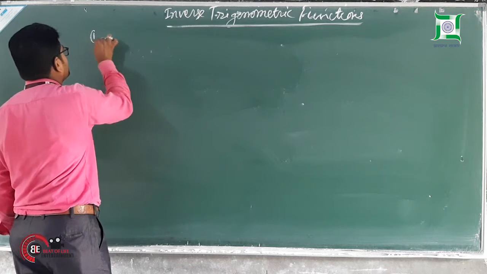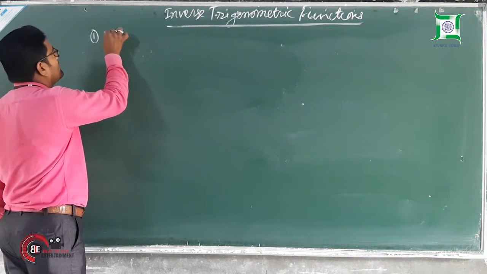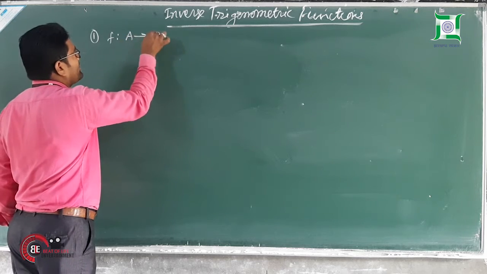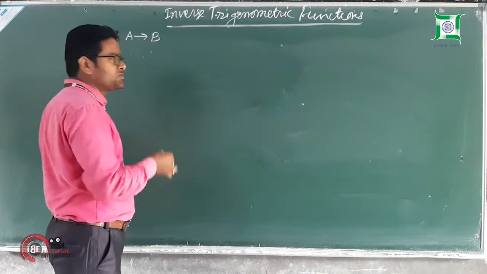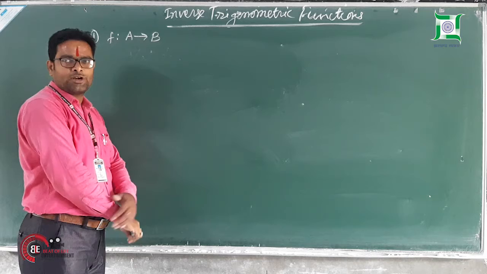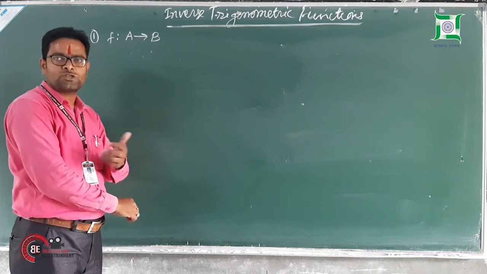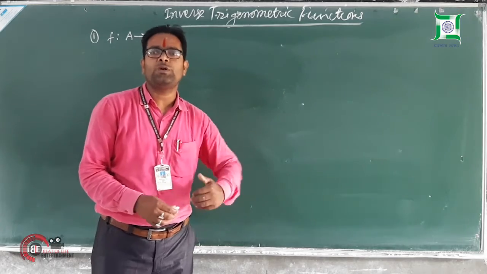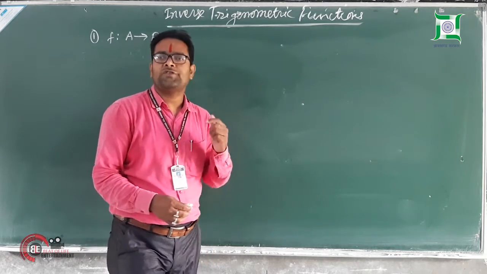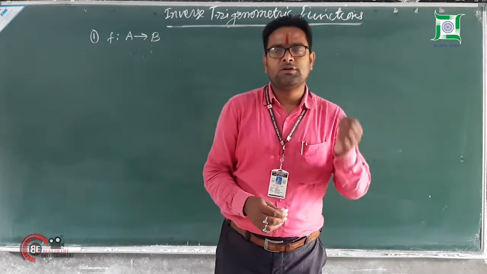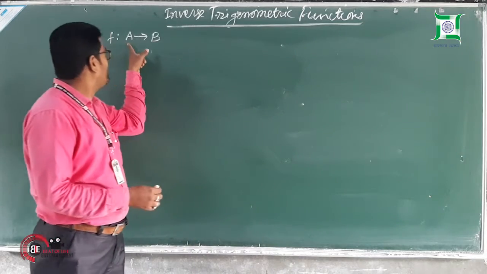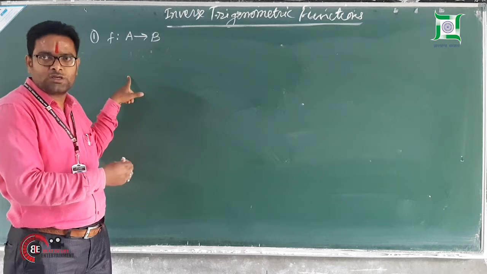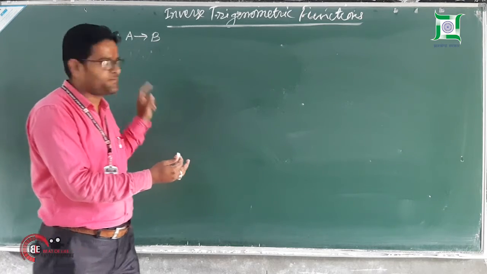The first concept is, if a function is given, if A is the domain, B is the codomain. Students, if you have already understood functions and the inverse of a function, you must know that to make a function invertible, it should be one-one and onto. And when the function is one-one and onto, the function's range converts into the domain of the concerning inverse of the function.